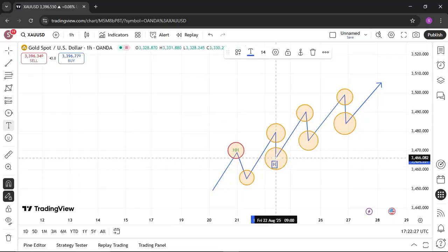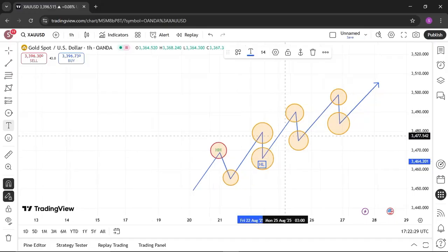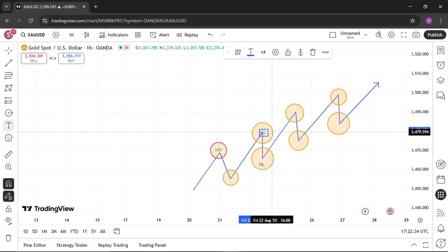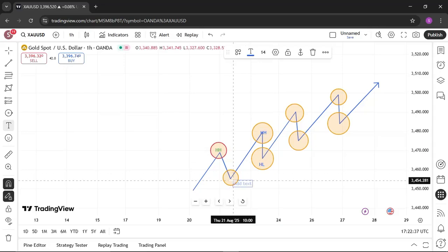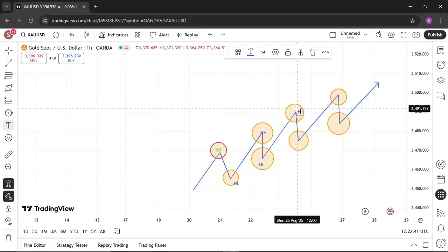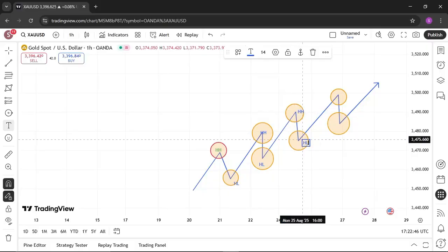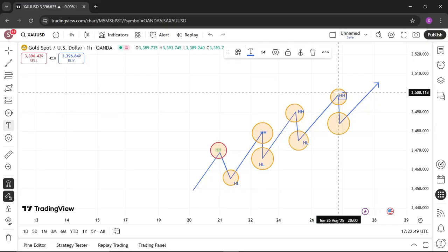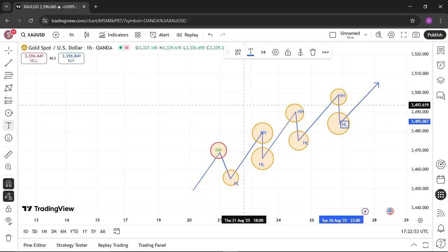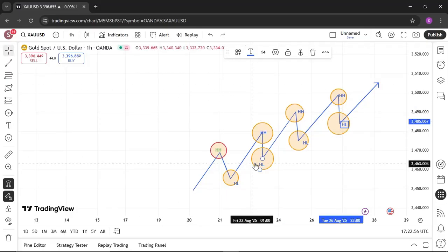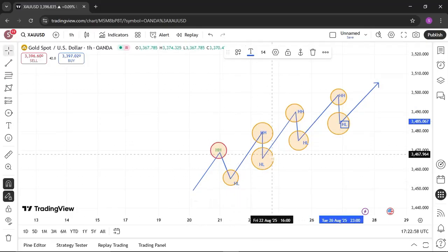Okay, this is higher low. This is higher high. This is also higher low. This is higher high. This is higher low. Higher high and higher low. So these are the kind of movement the market always creates when it's moving in an